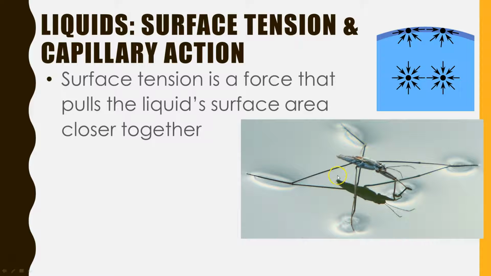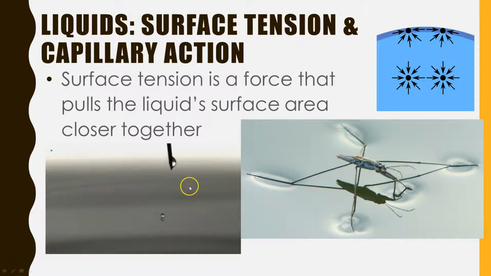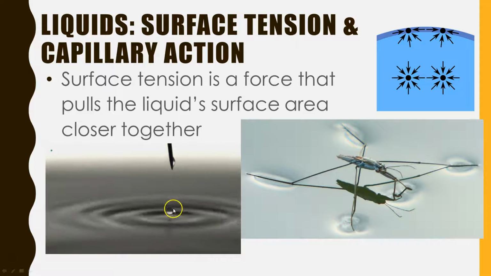Then you get these creatures like these water striders that actually exploit this. The water wants to stick to itself, not anything else. Well, that's what the water striders want as well. So they almost have this trampoline, this cushion that they can walk around on. Here you can see dropping a water droplet on water. There is that surface tension.